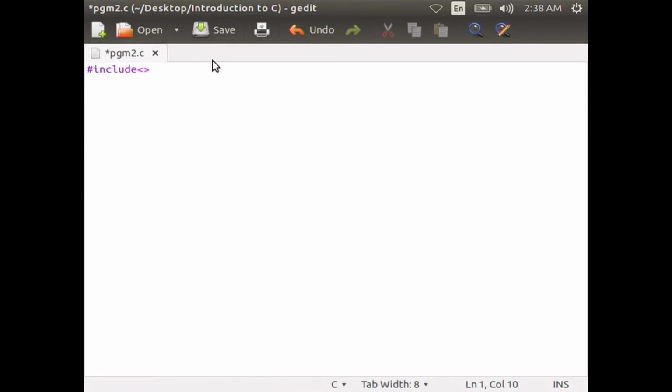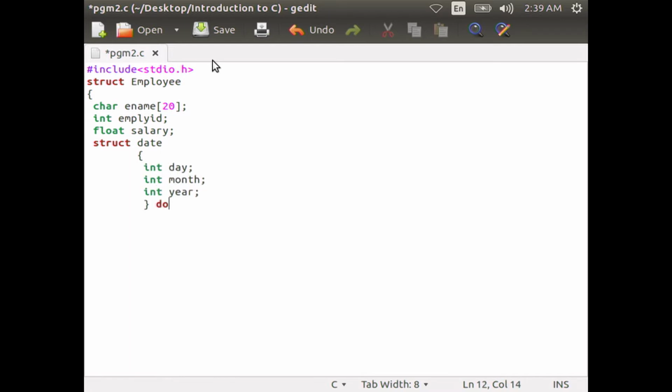Let us now type this program: #include <stdio.h>, then declare the structure struct employee within curly braces: char ename[20]; int emp_id; float salary; then declare another structure struct date within curly braces: int day; int month; int year; then close the brace and doj; Then close the curly brace, emp = {"Preeti", 1000, 25000.50, {22, 6, 1990}};